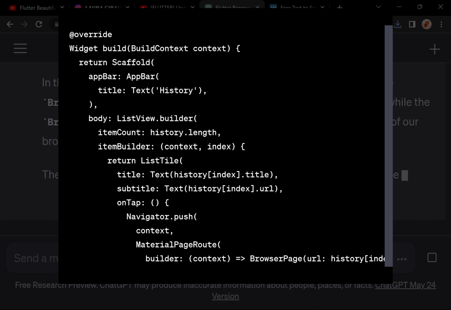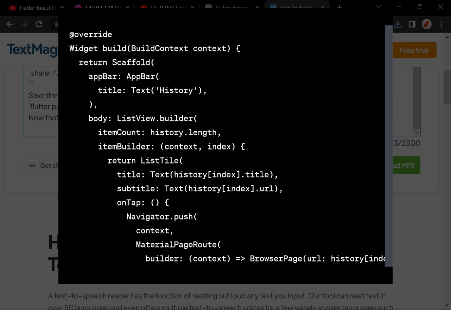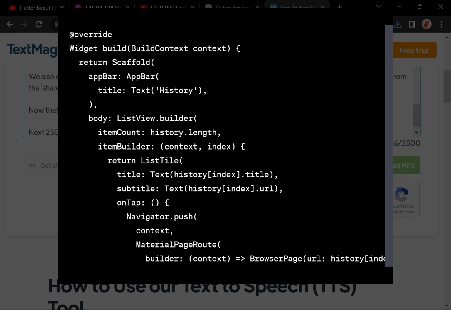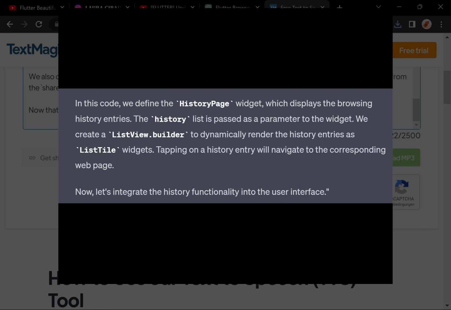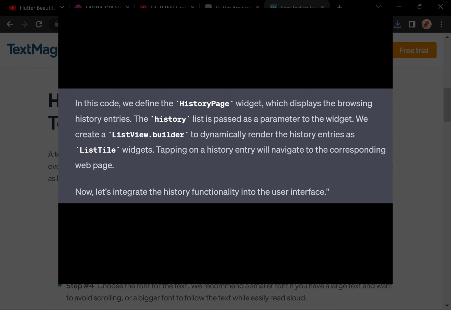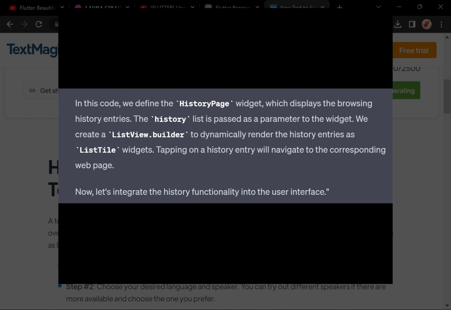Text(history[index].url). onTap: Navigator.push(context, MaterialPageRoute(builder: (context) => BrowserPage(url: history[index].url),),);},);},);} }